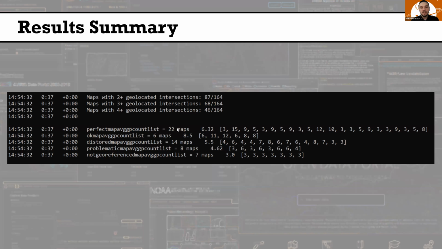And this shows a summary of the results that we were able to get. So in terms of maps that had at least 3 georeferenced or geo-identified points on them, 68 out of 164 maps that we tried to process were technically georeferenceable. And we can see that of the 164 maps we tried to process, 22 maps came out with what we would consider sufficiently accurate results to add to the Texas GeoData portal. But many of the maps that were processed were not completely successfully georeferenced. So there's a lot of room for improvement, but I'd say it's still early days.